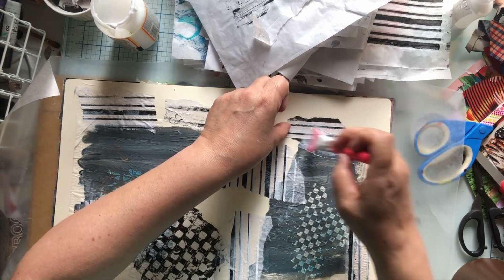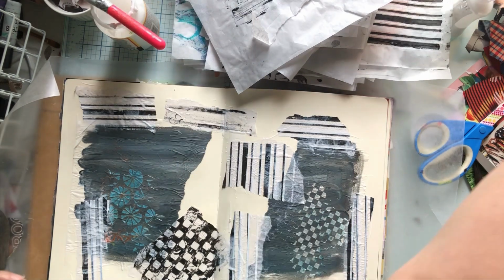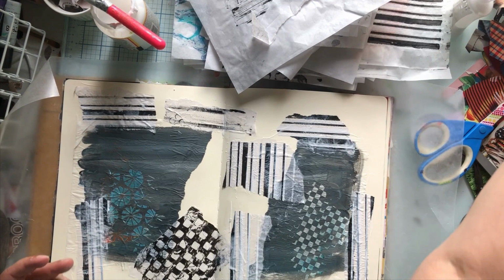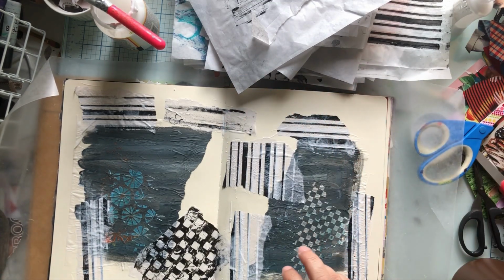Okay, I'm going to have my donut. I'm going to make you all jealous by showing you my donut. Ooh. And I'm going to do some more after this one dries a little bit, at least a little bit. I think I have some more wax paper too. But I'm going to let this one dry at least a little bit. I'm going to do some more,